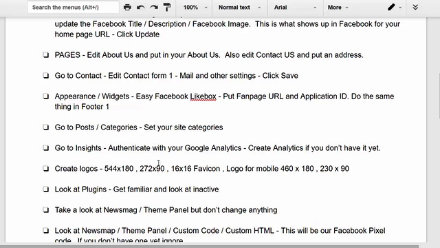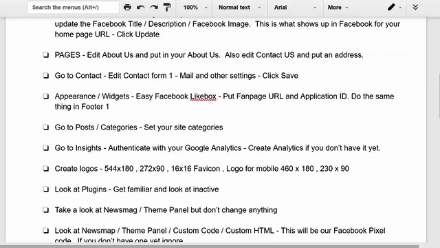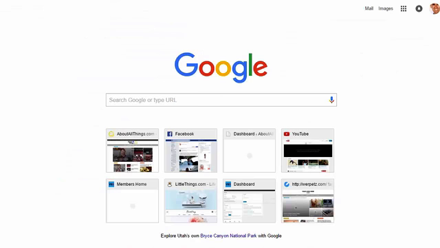Okay, now the next thing is creating logos. So you've got certain logos that you're going to need on your site. And here's the great thing about websites these days. You don't need a crazy logo because most people are going to be looking at your website on a mobile phone, and your logo is going to be really small. So we've given you these recommended sizes to get a logo created, and your logo can be very simple. Let me show you my